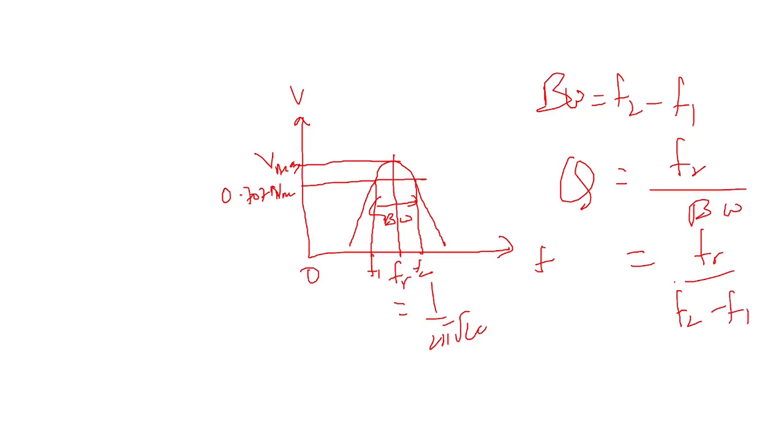So this is how we can perform the experiment, and we can see whether the circuit is resonating at the particular resonant frequency for which we have designed it. At that particular frequency, the current should be maximum and the voltage should be maximum, and that is what we can show in the practicals.